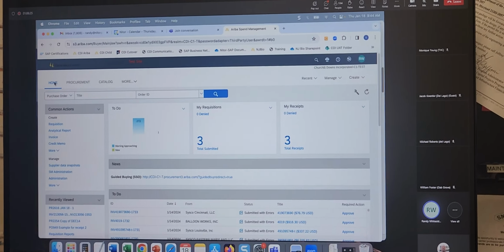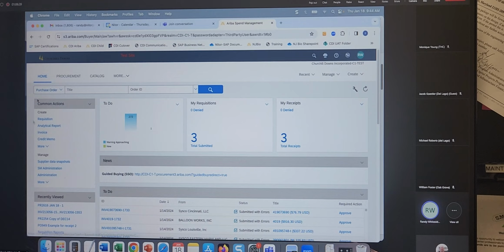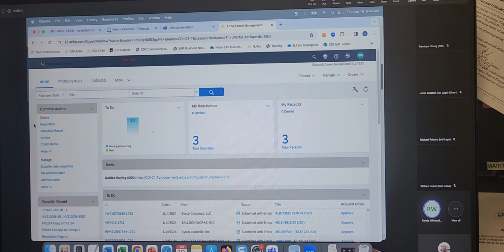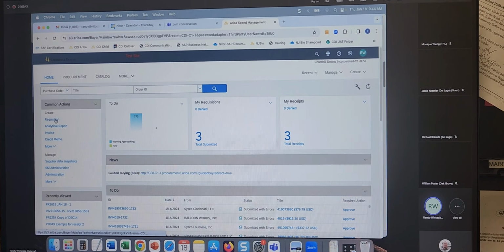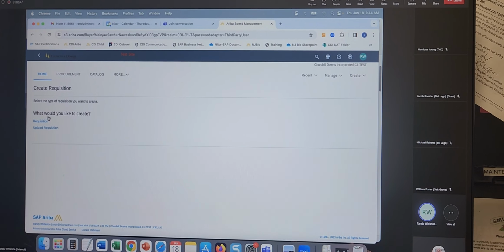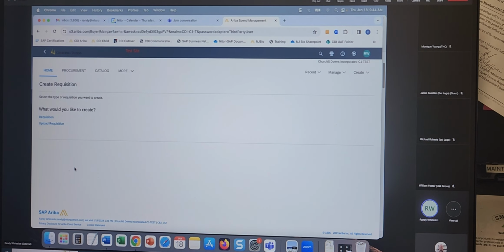For creating services, what we're going to do is create the requisition very similar to earlier. So I'm going to click on Create Requisition. And you'll see here we have a question of, do we want to create a requisition or do we want